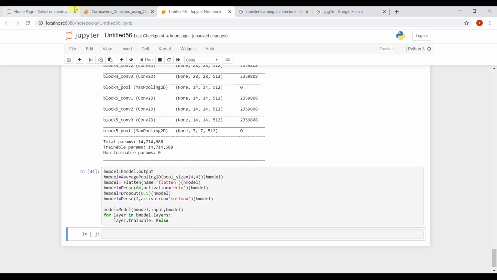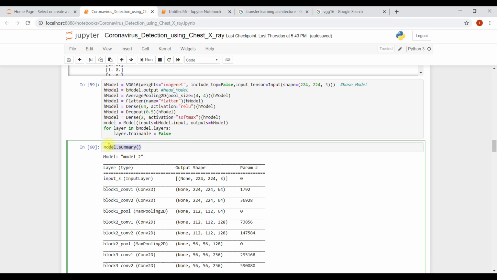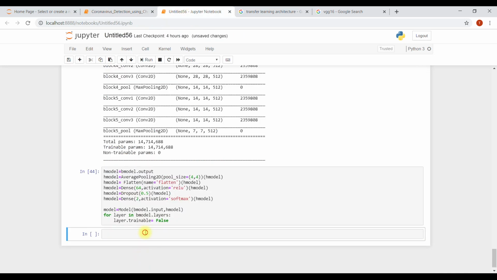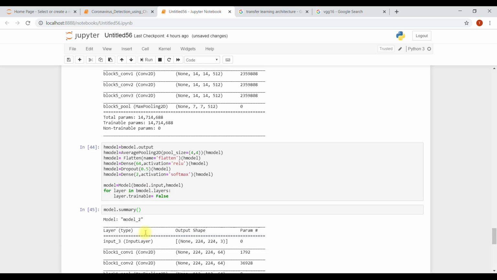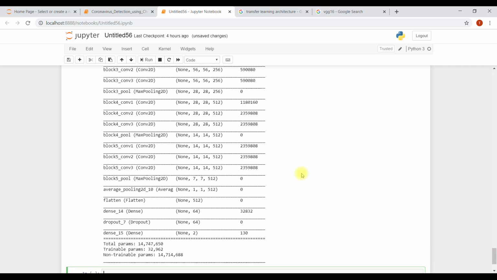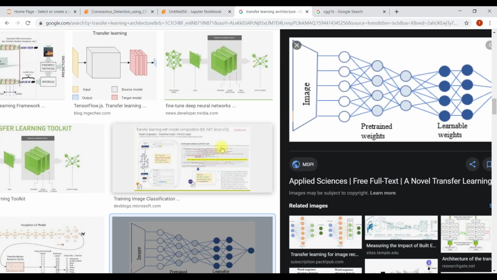Now let's see the model summary. See, same till here. Then I did average pooling here. Then the flatten layer, 512 into 1 into 1 gets flattened to 512. Then the 64 dense layer.